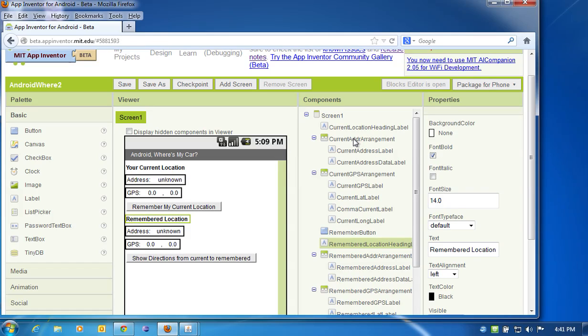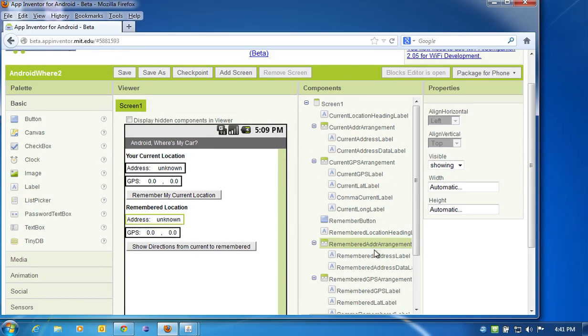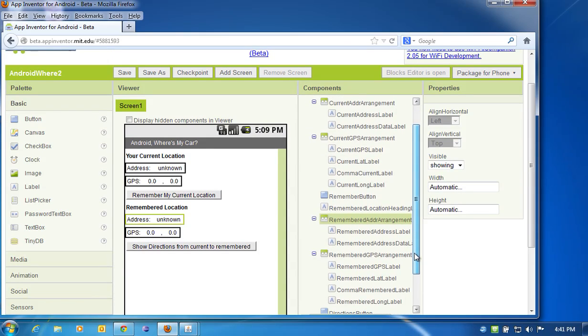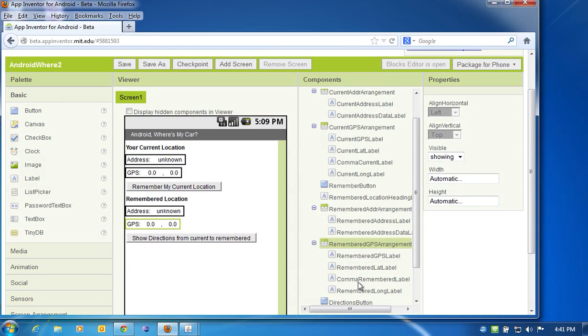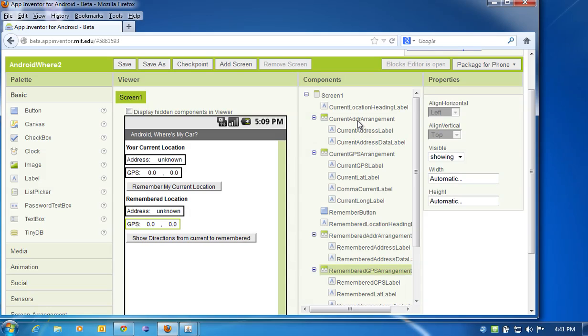For current location, we have 2 arrangements, one with 2 labels, the other one with 4 labels. For remembered location, we also have 2 horizontal arrangements, one with 2 labels and the other one with 4 labels. For the first horizontal arrangement,